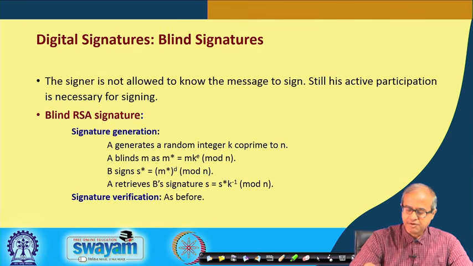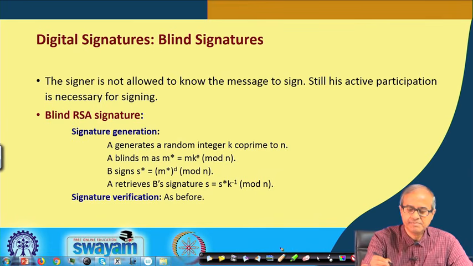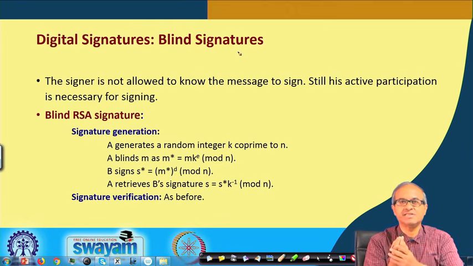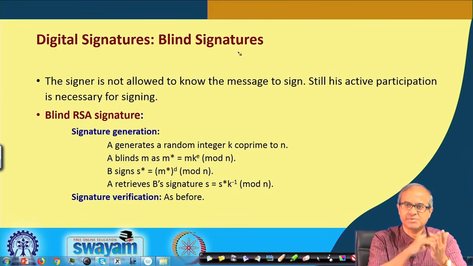There is another kind of digital signature called blind signature. Here the idea is that the person who is signing is not allowed to see the message. Normally, in the other methods, the message is given to the person signing, who just applies some transformation directly on the message. But in blind signature, the idea is that